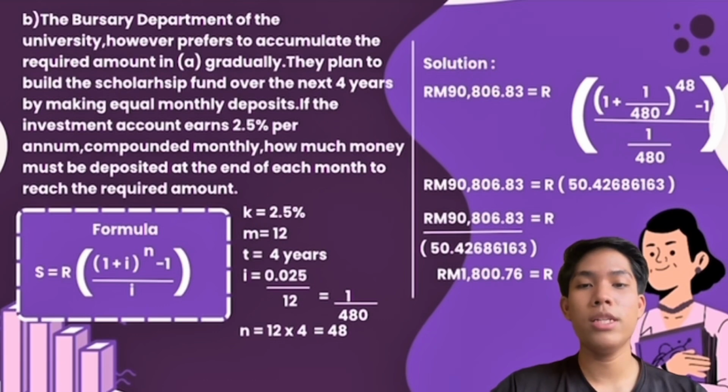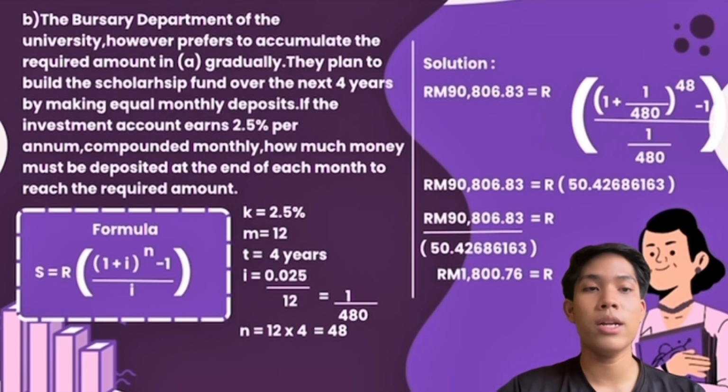The formula used is S equals R times (1 plus i) to the power of n, minus 1, over i. And then we put out the information. k equals 2.5%, m equals 12, t equals 4 years, i equals 0.025 over 12 equals 1 over 480. n equals 12 times 4 equals 48. And then the solution is RM